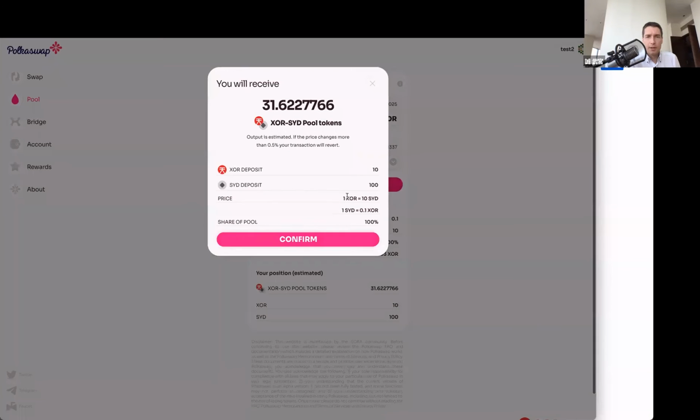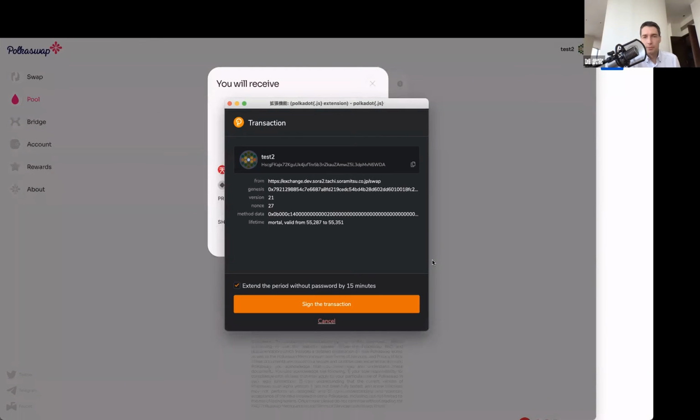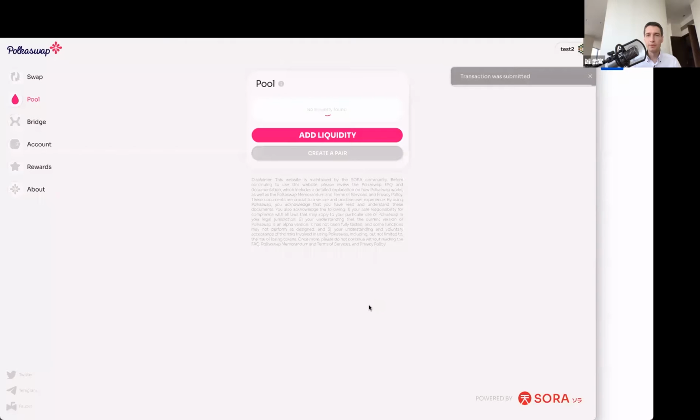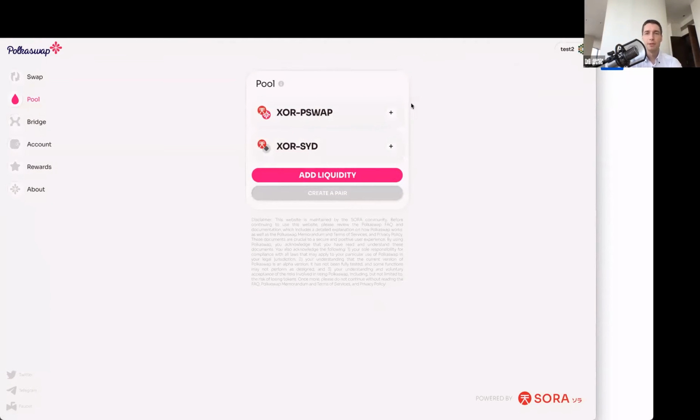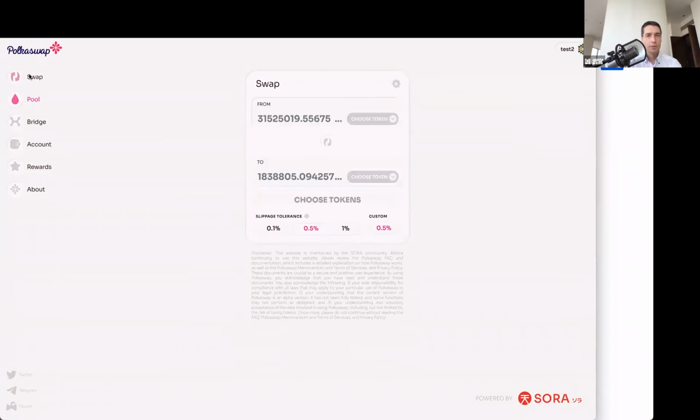Yeah, so you hit supply. And another thing, you have to always do it with respect to ZOR. So you can't do Sydney coin in Ethereum or something, because it's Polkaswap and it's built on the SORA network, so everything has to be on ZOR. Here we go, ZOR Sid. And then once you